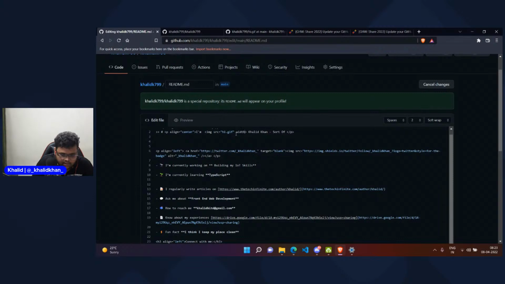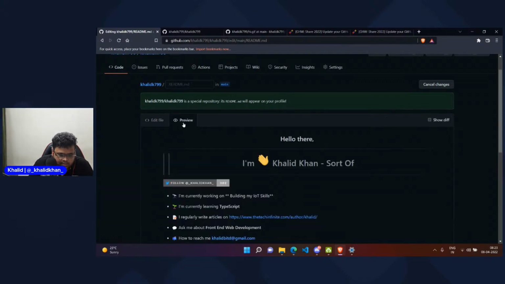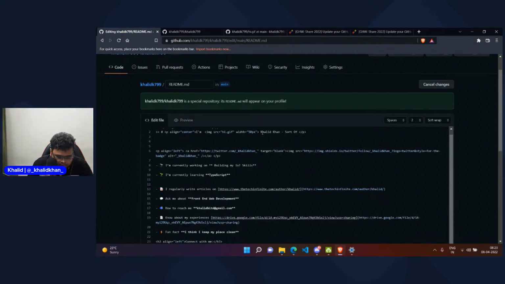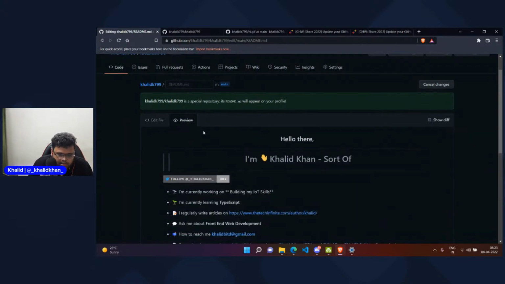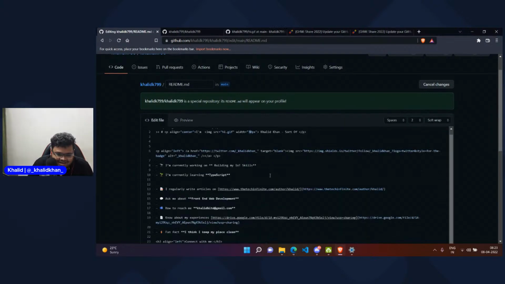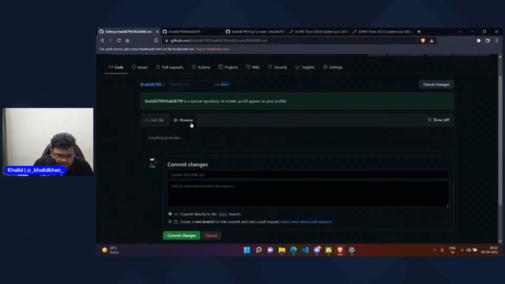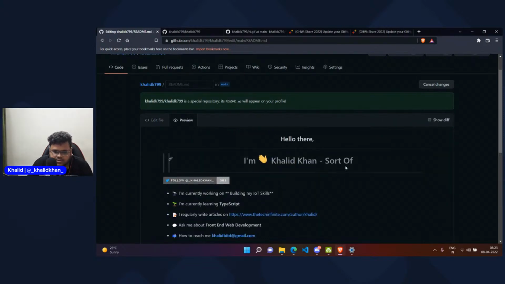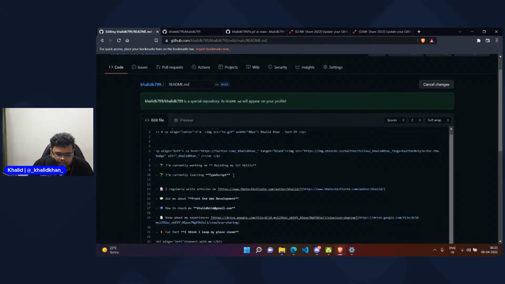I'll give it width equal to, let me check it over here. Okay, it is still bigger. We can make it smaller. Let me check if we can go to 30 pixels. Yes, that's too small. Let us give it 40 pixels. I guess that would be perfect. Yes, it looks perfect. So we have hi.gif linked over here. In my profile it's a waving hand.